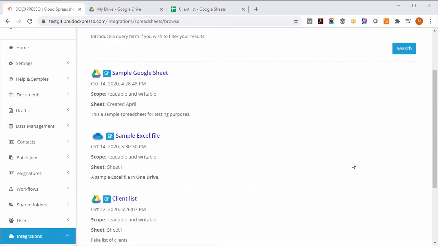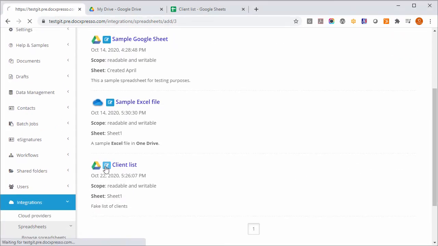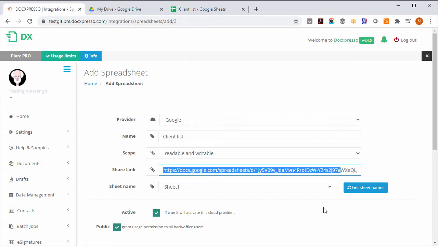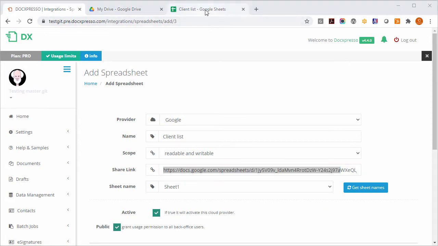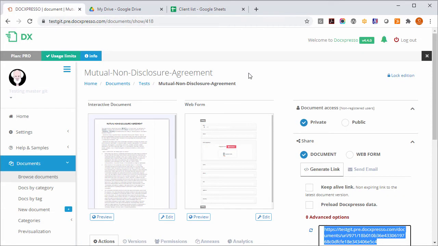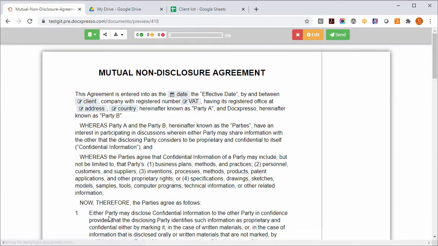accounts. For example, here we have connected this spreadsheet that has this share link, so we can read and write from it directly from Docxpresso. For this example, this spreadsheet just looked like this. It's a very simple one, but in the first row we have the variable names that in this case are client, name, address, etc. And if we now go to a Docxpresso document and hit preview, we'll see that we